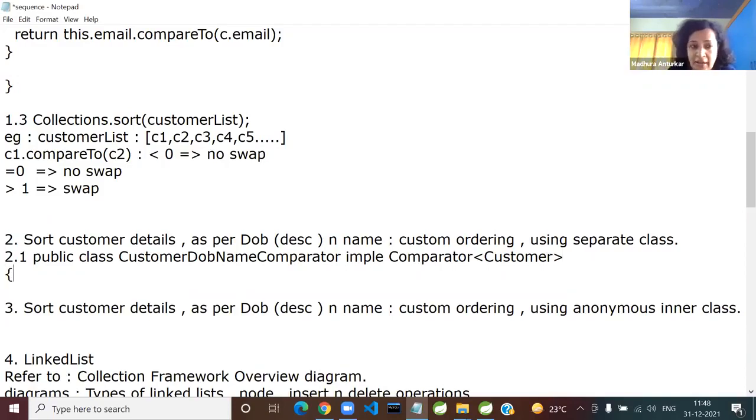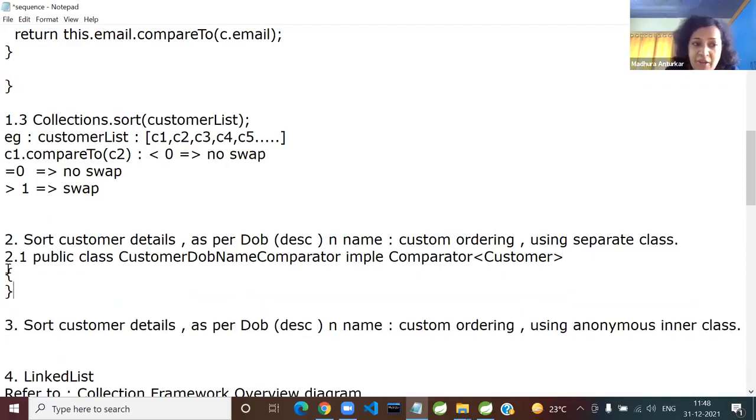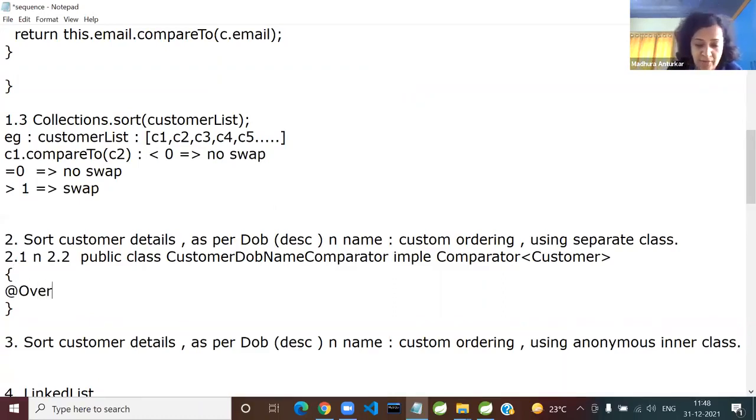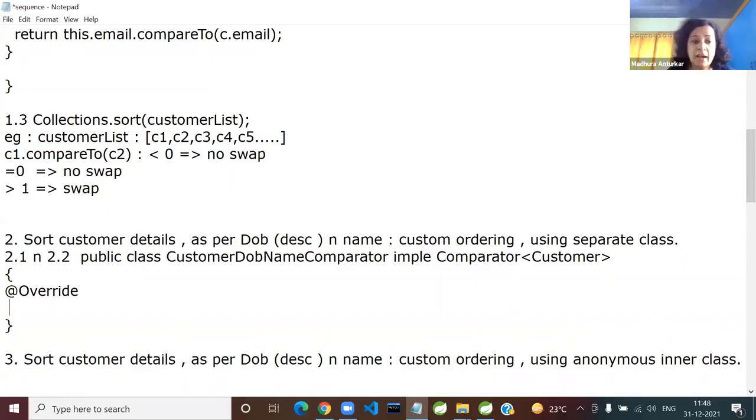Now I'm writing it here directly. The moment you do this, steps 2.1 and 2.2 together. Tell me, which is the method you now have to implement? Is it compare or compareTo? The answer is compare. compareTo was for Comparable. Now Comparator has the compare method. We will write it in the code soon, but first let me explain it here. @Override public int compare. Here, how many arguments should I pass, 1 or 2?